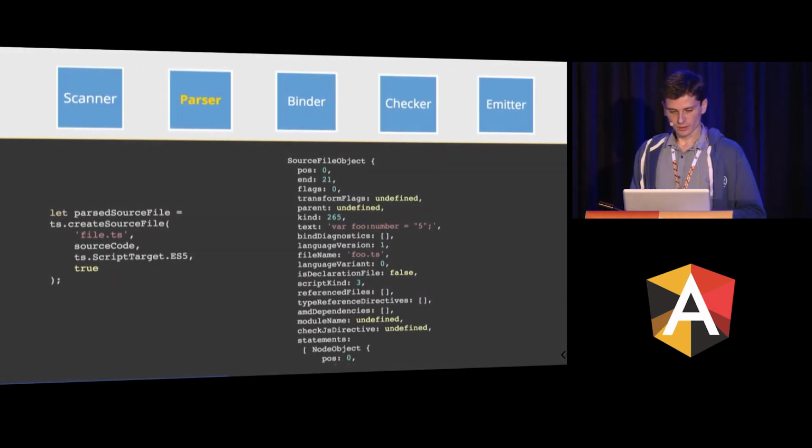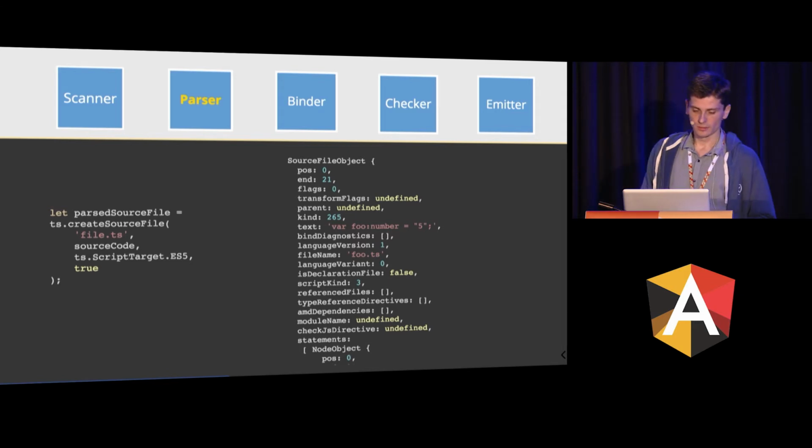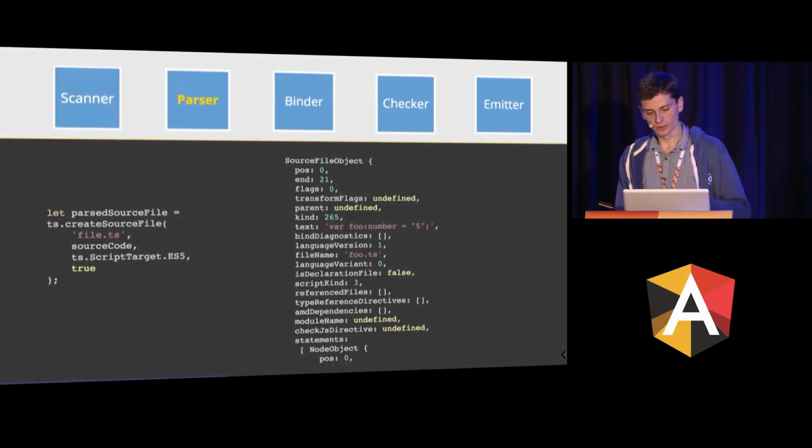You can use this parser by creating a source file using the ts.createSourceFile API, and if you print the result of this call, you will get the famous AST object, a big enhanced file object with all the nodes,